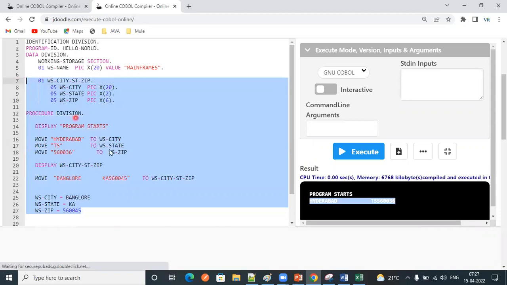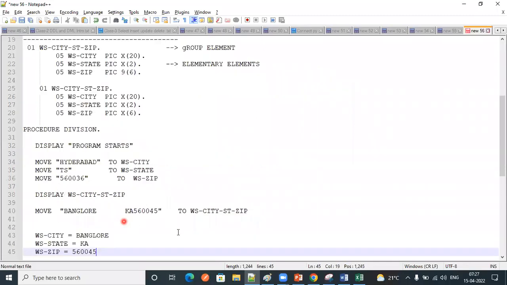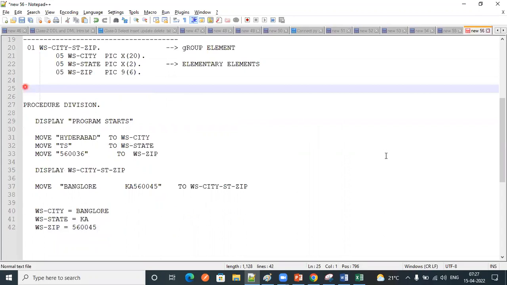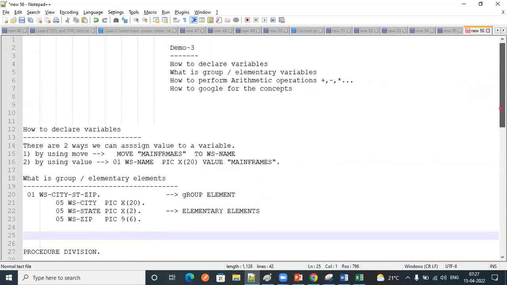So this is how it will work. This is how it will work. So okay, fine. Next,